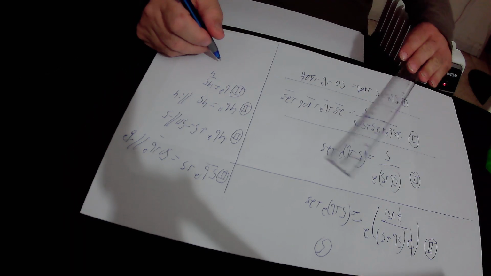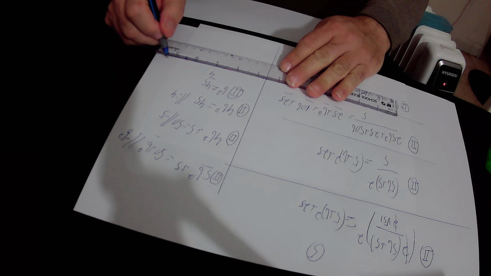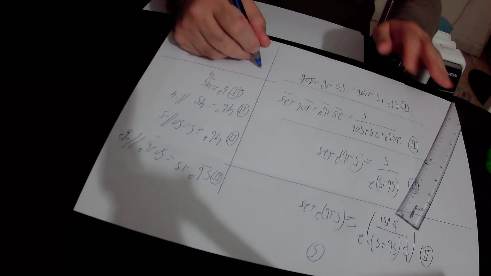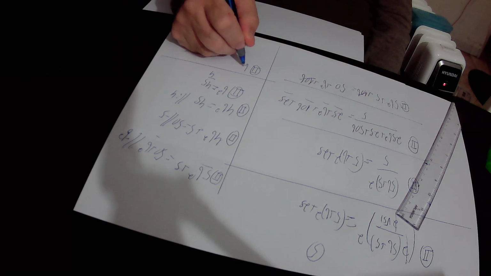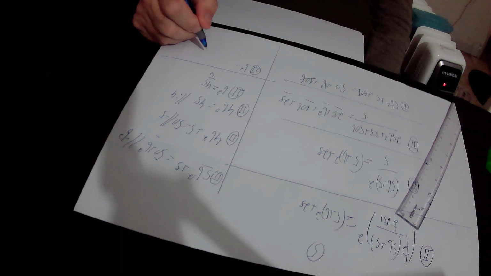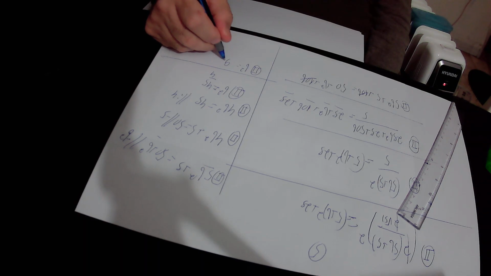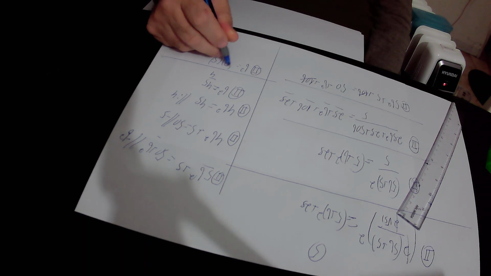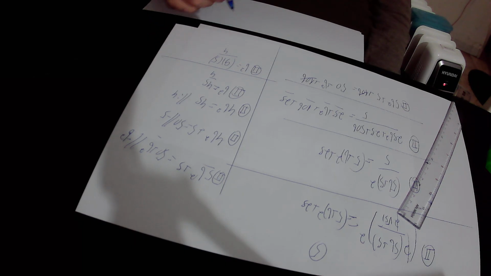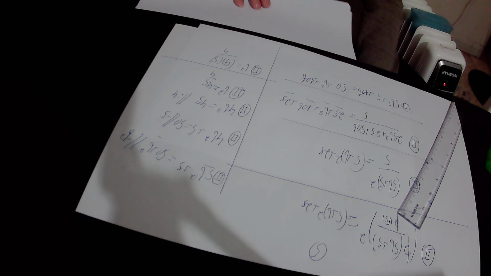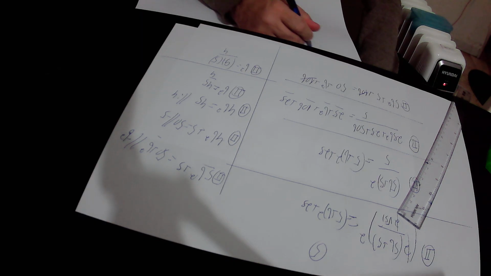So b squared equals 45, which is 9 times 5. So we substitute 45 by 9 times 5 over 4. Here we take a root out of this equation, equation number 2, and we get that according to this equation, equation number 2,